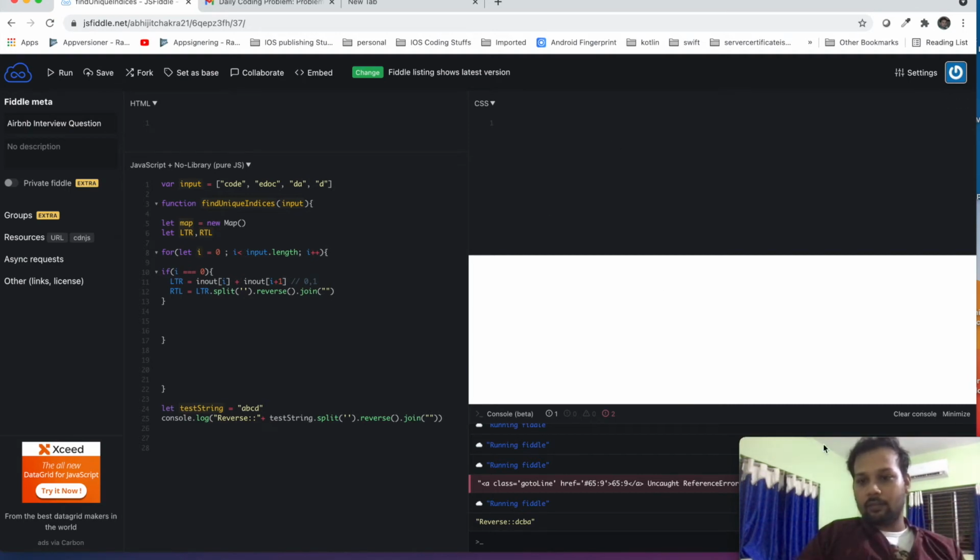Then you can see here, this is working. So fine, it is working. Then I will compare if LTR, left to right, equal to RTL, then